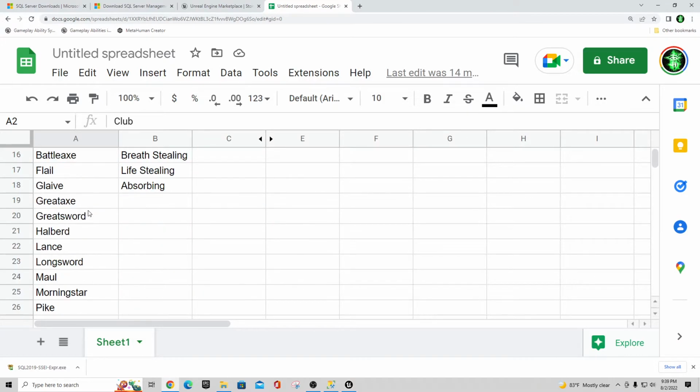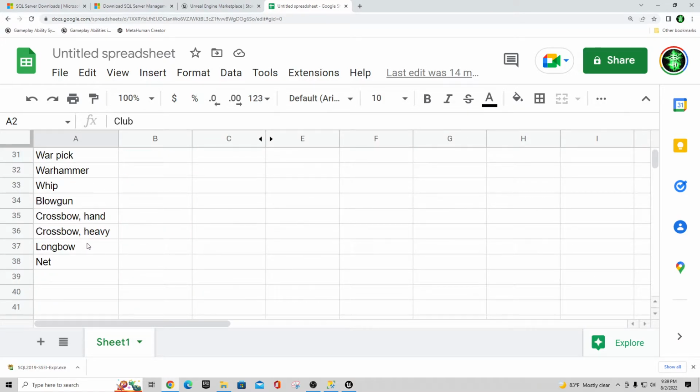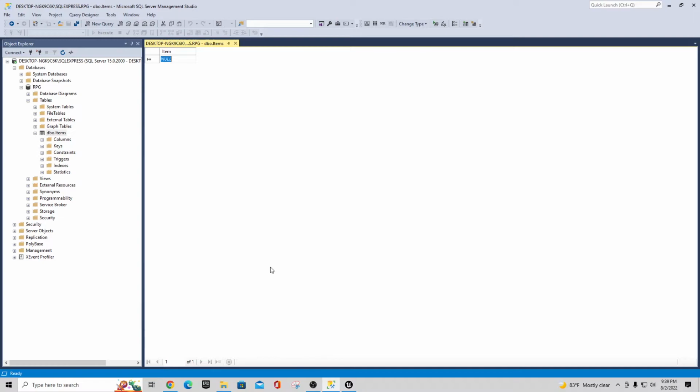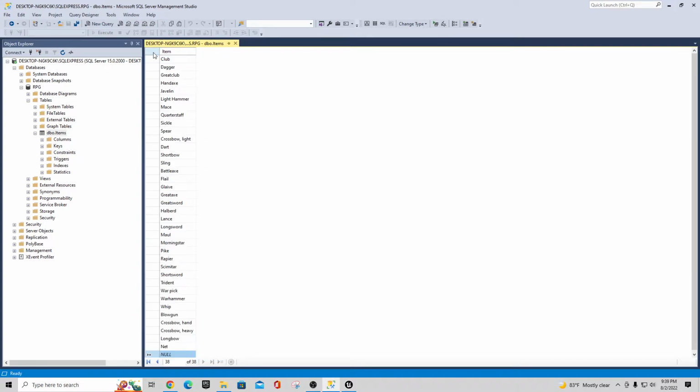I'm going to grab the first value, scroll down to the last value in here. I'll hit the Shift key and select all that data. I'm going to hit Control-C to copy that. I'm going to come back over here, and I'm going to click in the top left-hand corner of this and hit Control-V. And when I do that, I get those 38 records or whatever it is populated into the field